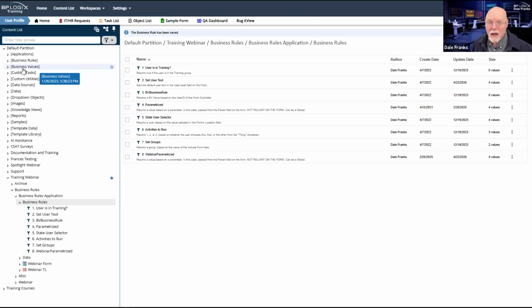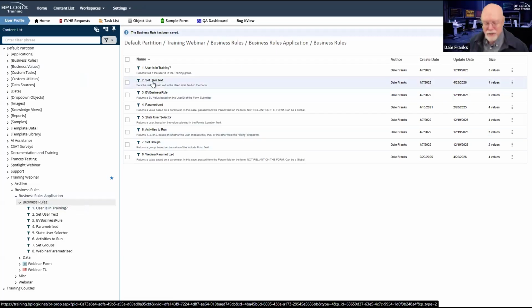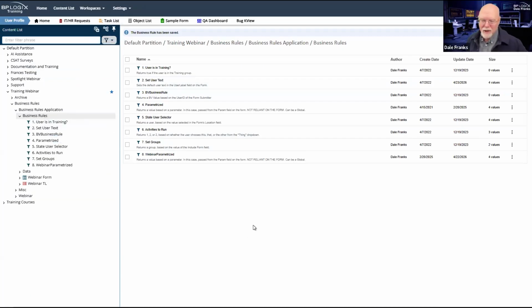And if it is, it'll automatically make the appropriate associations with that global object if I reference it anywhere in my application. So rather than storing this particular business rule here, it's still going to remain stored here because I have to be able to export it. I would normally place it here in business rules. And so I'm going to turn off my system folders because that's the last time we're going to mention that.